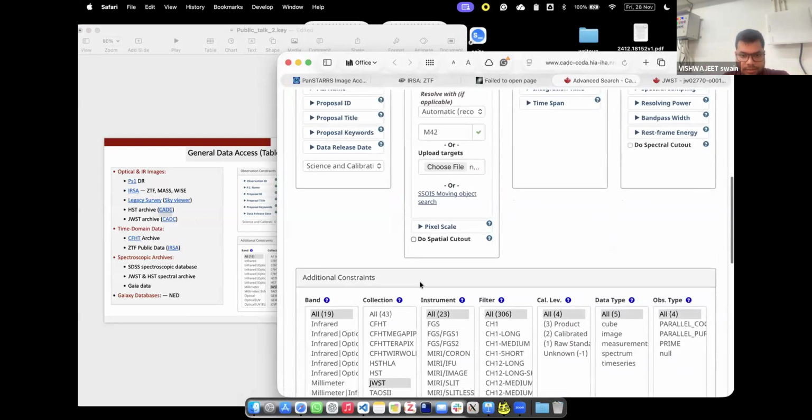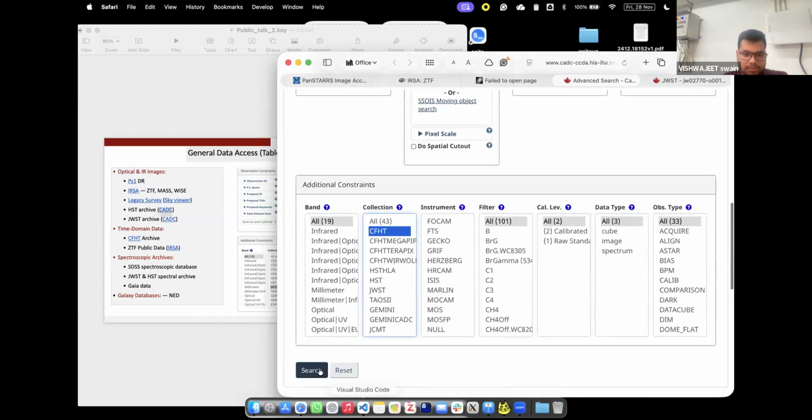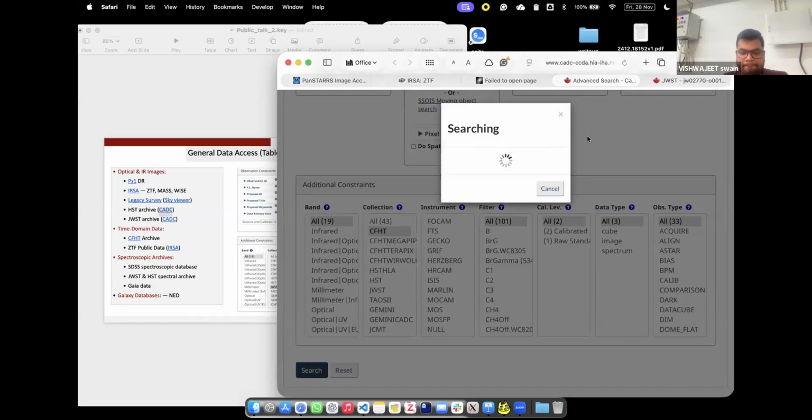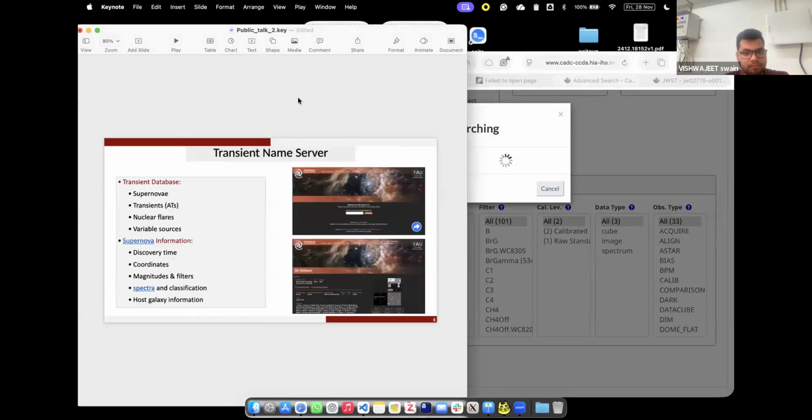So again, I would like to show the CFHT data. This is again very famous for getting time series data, and we already put the name and then search. Okay, meanwhile it is loading. Let it load, and we are now moving to another server service,